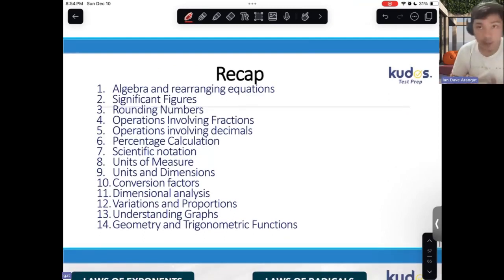So for the recap, we discussed 14 topics, mathematical techniques for physics and chemistry. So these are the algebra and arranging equations, significant figures, rounding numbers, operations involving fractions or rational expressions, operations involving decimals, percentage calculation, scientific notation, units of measures and dimensions, conversion factors, dimensional analysis, variations and proportions, understanding graphs, and geometry and trigonometric function. I know we discussed for 4 hours, and it's a lot of information, but